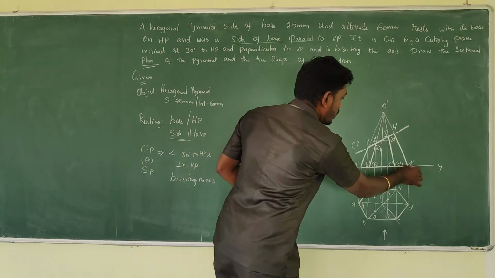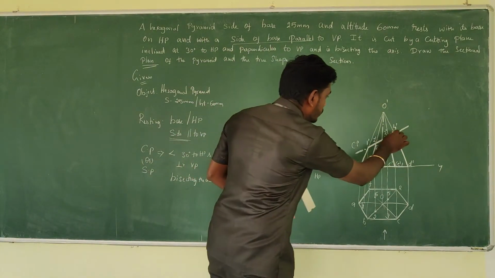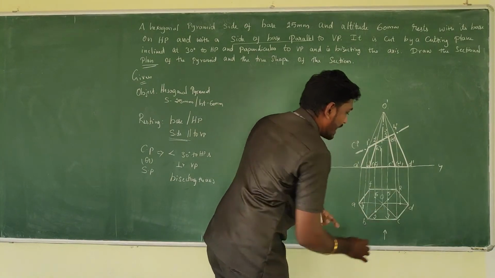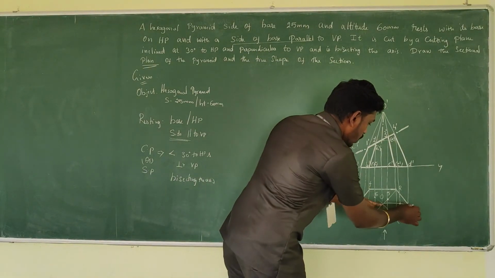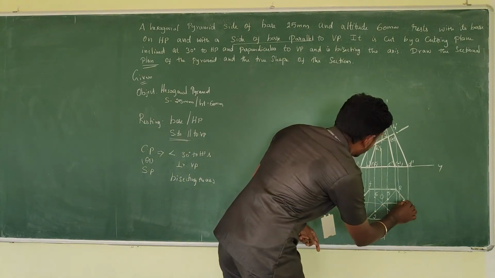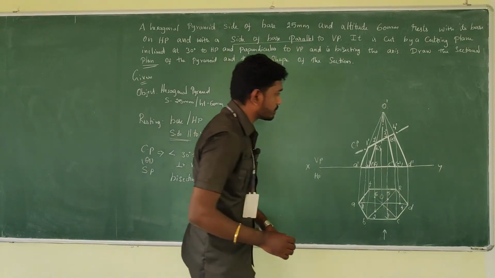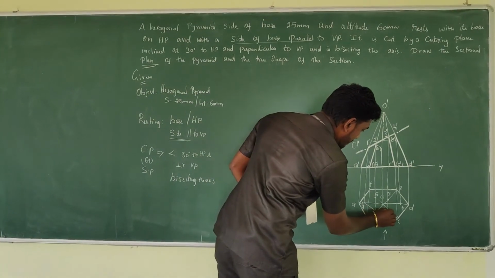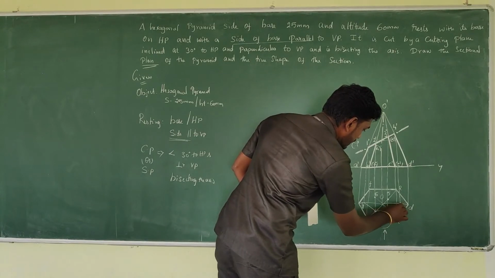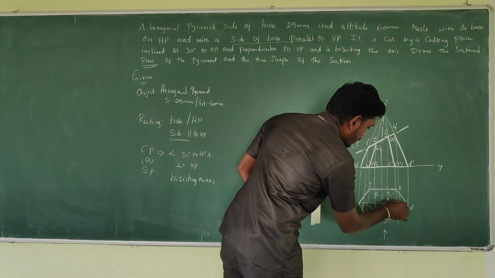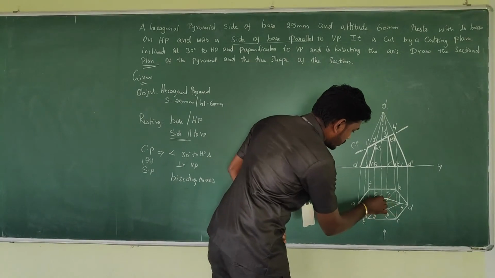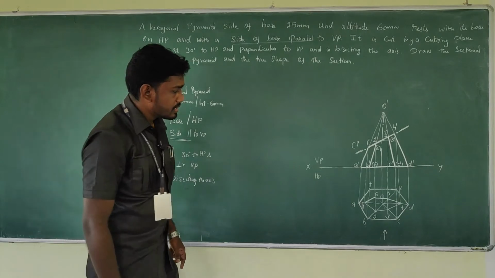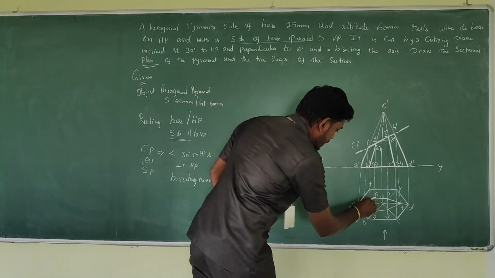The 4 is between O to D. Just have a projector. When you have the projector, it intersects with the O to D slant edge. It will be your 4. Now try to connect all those picked points to one another. Something like this. 1 to 2, 2 to 3, 3 to 4, 4 to 5, and 5 to 6, and 6 again to 1. Okay, something like this. So this is the newly formed